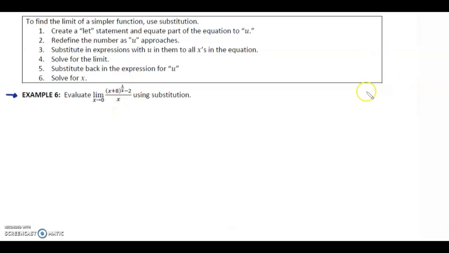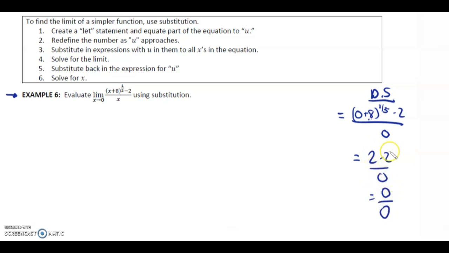If we tried using direct substitution, I'm just going to put DS, we would get 0 plus 8 to the 1/3 minus 2 over 0. Well, the cube root of 8 is 2, so 2 minus 2 over 0. We would get 0 over 0. So we can't use direct substitution with this. However,